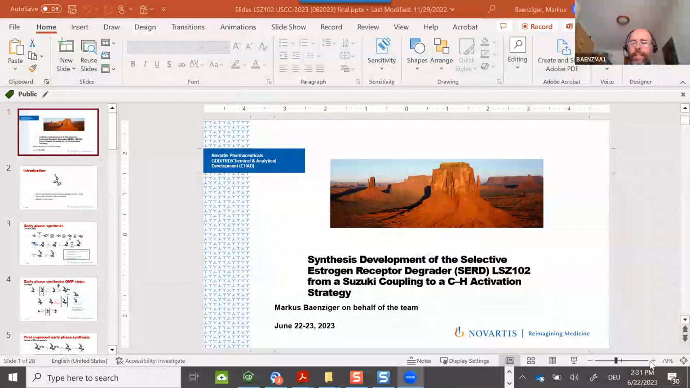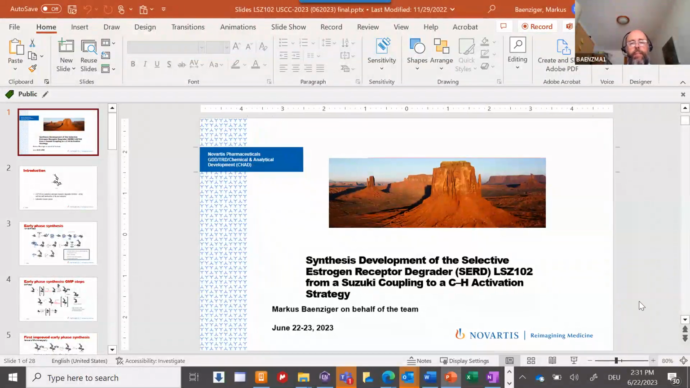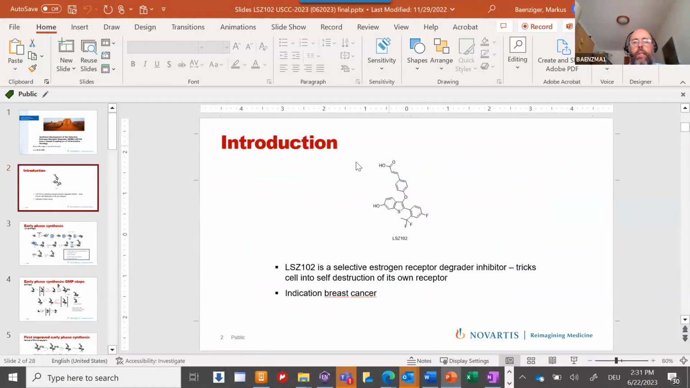Sorry for that. I would like to give an overview of the synthesis development of LSZ102, from a Suzuki coupling strategy to a C-H activation. The structure is depicted here on this slide. It's a selective estrogen receptor degrader inhibitor that tricks the cell into self-destruction of its own receptor, and the indication is breast